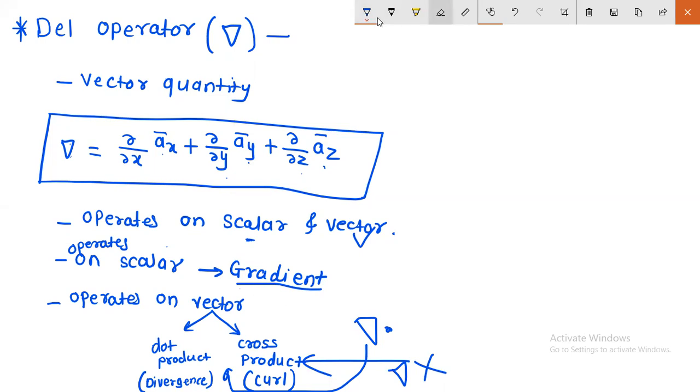Today we will see the formulae for gradient, divergence and curl in all three coordinate systems. Yesterday all of you noted this, so today we will see the formulae here. First we will see the gradient. For gradient, we will write the formula in Cartesian, cylindrical and spherical systems.